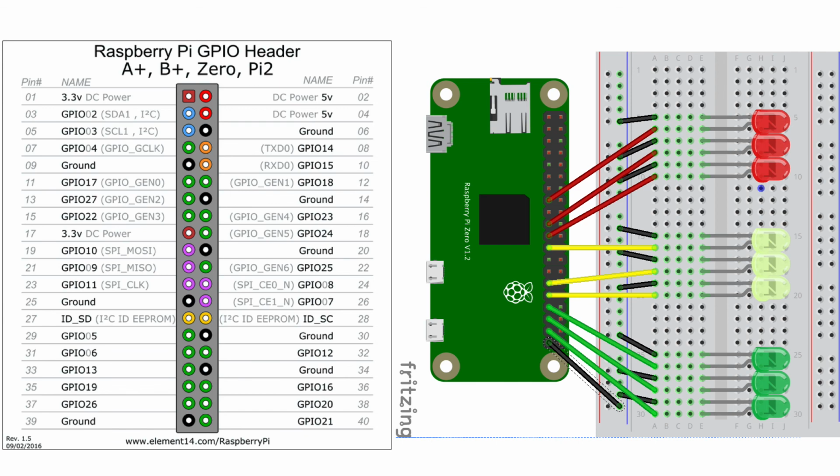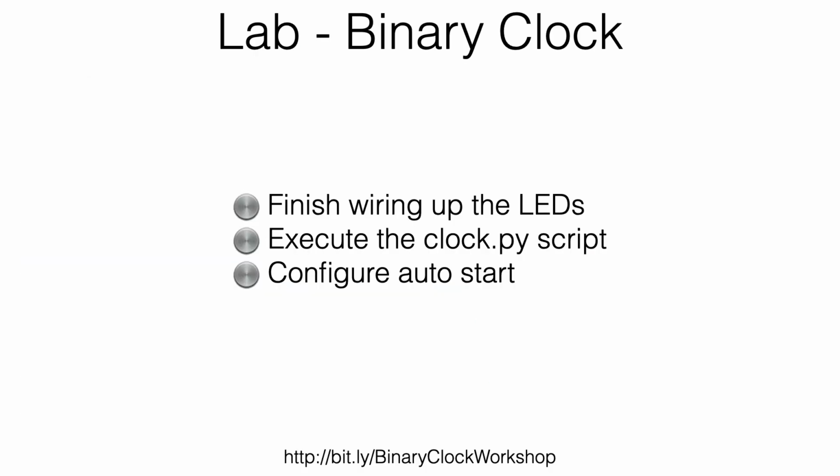And this is the tens column. Everything follows that same pattern, except this time it will plug into the left-hand side of the Raspberry Pi Zero. Finally, one other suggestion is to start the clock Python script right away, so as you are wiring it up, you will start to see some of the LEDs light up. The seconds in particular are a lot of fun because they will be changing constantly. So pause the video, complete the step-by-step instructions as part of the lab,